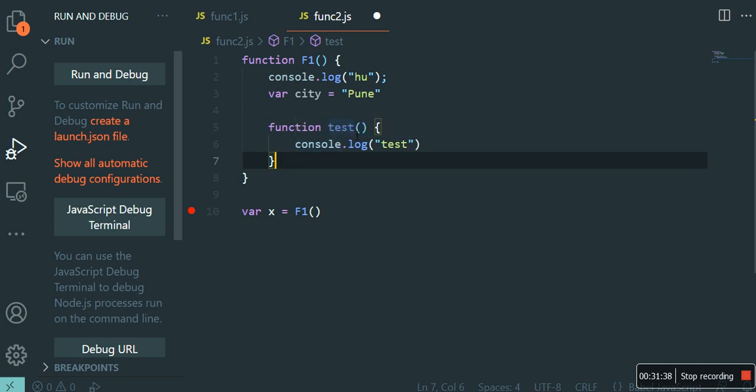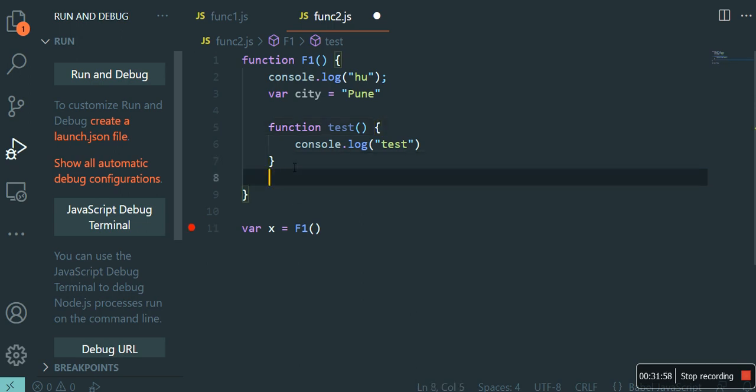Anything you remember or can think of? I want that test function. How can I get that? Okay, no problem.